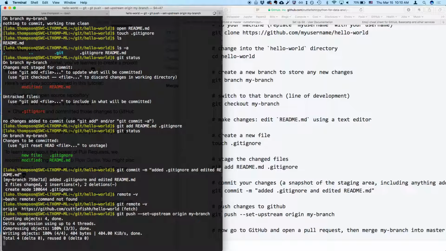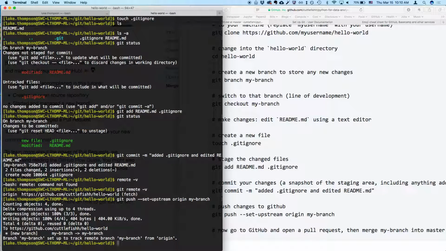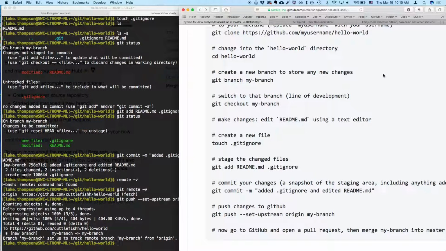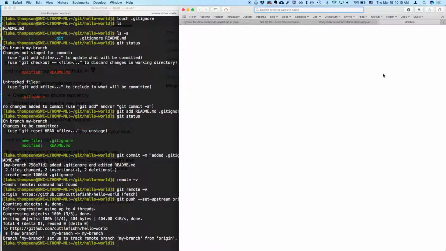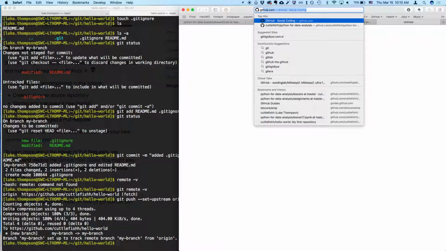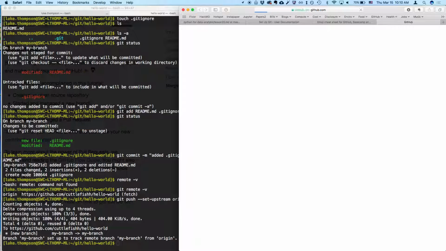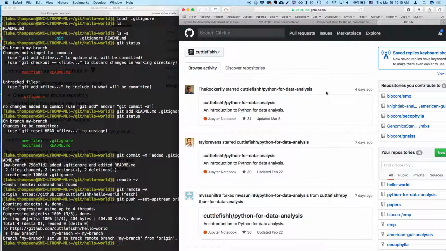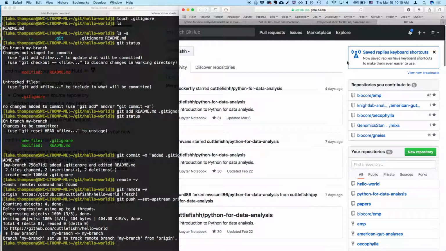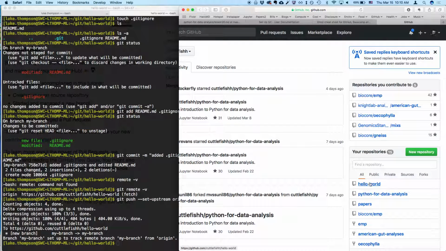So this is now communicating with the internet. It's going to push these changes up. So now what we can do is we can go to GitHub, and your repositories are listed over here on the right. We can click on Hello World,